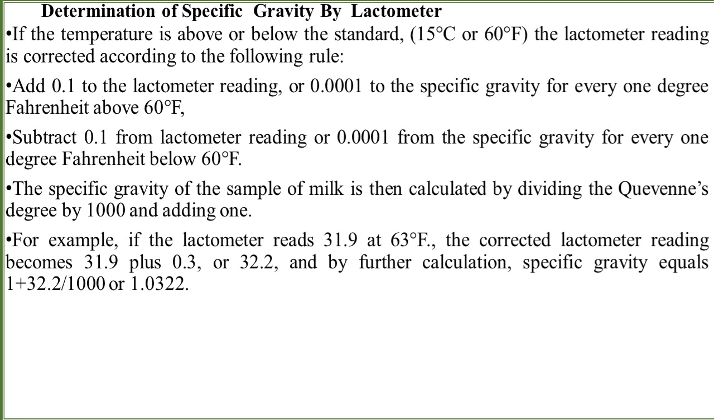The specific gravity of the sample of the milk is then calculated by dividing the quevenne degree by 1000 and adding 1. For example, if the lactometer reads